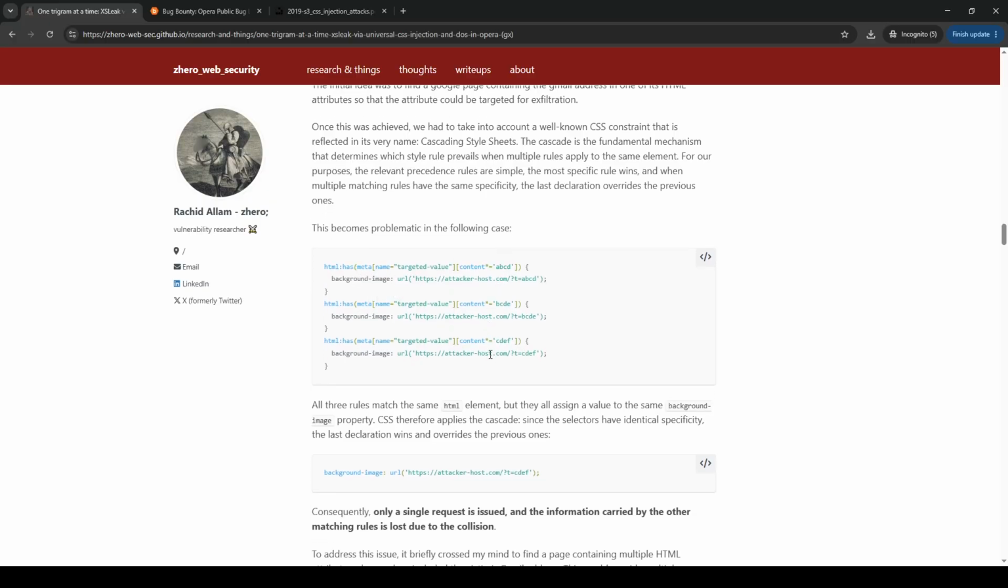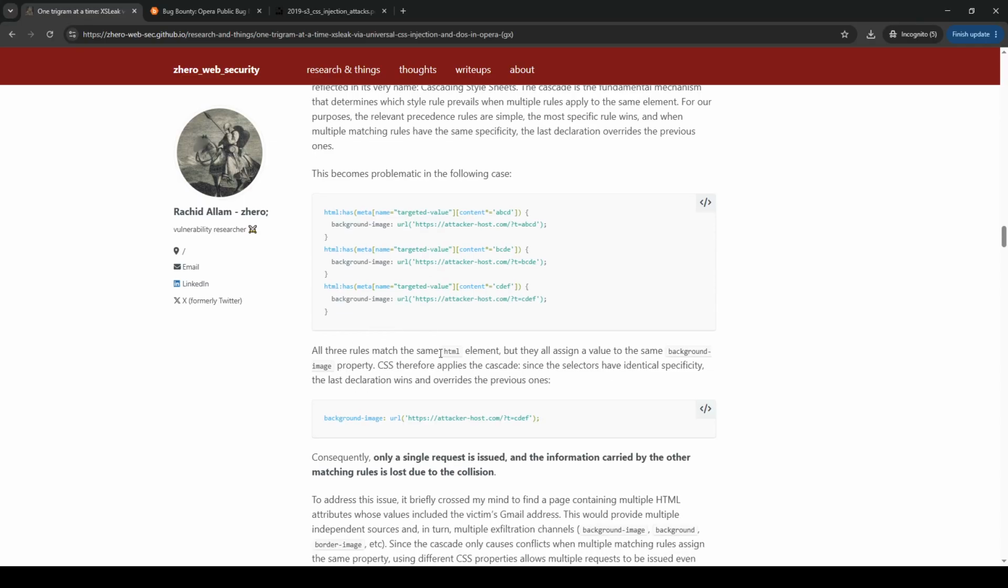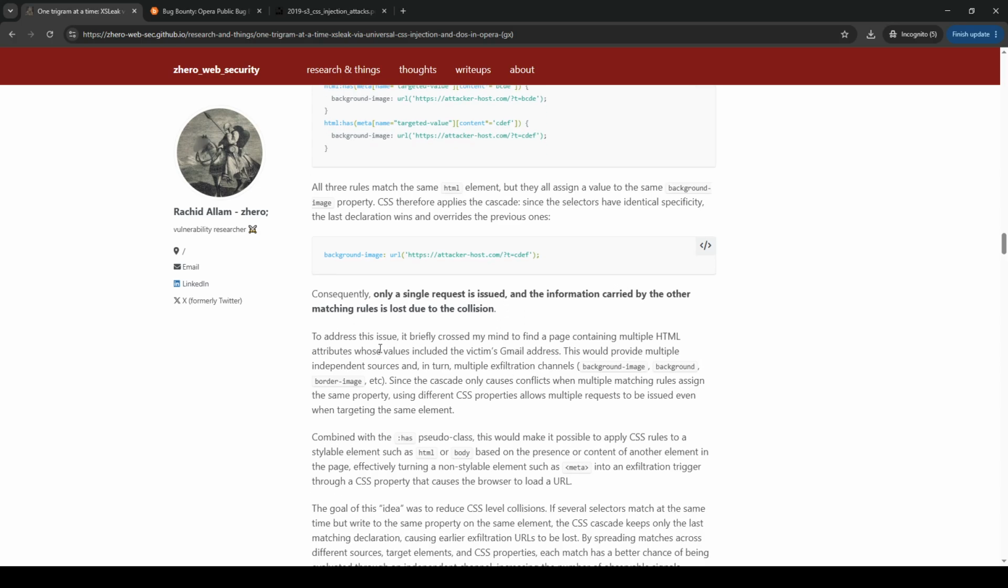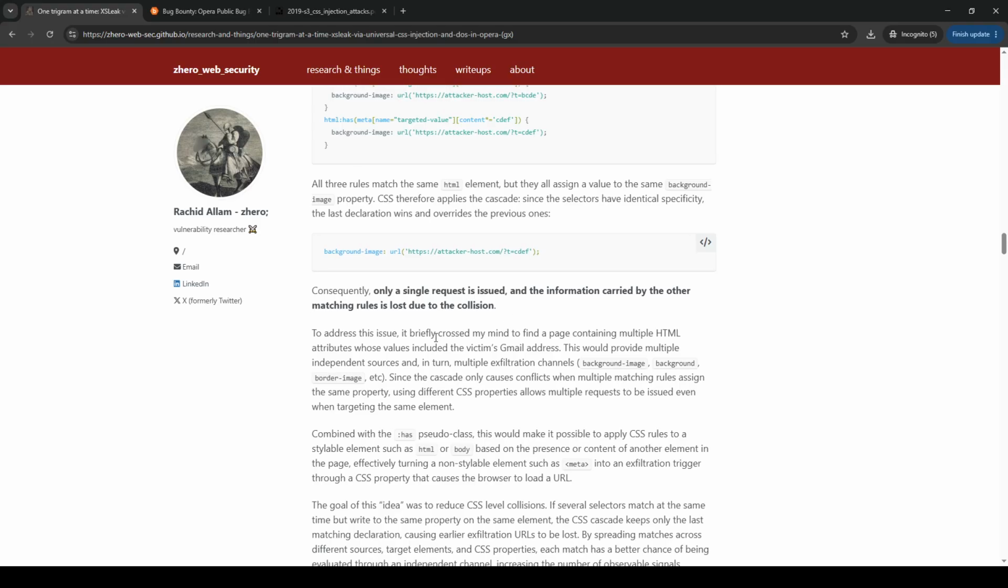So, yeah. All three rules match the same HTML element, but they all assign a value to the same background image property. CSS therefore applies the cascade. Since the selectors have identical specificity, the last declaration wins and overrides the previous ones. Consequently, only a single request is issued, and the information carried by the other matching rules is lost due to collision. Yeah. To address this issue, it briefly crossed my mind to find a page containing multiple HTML attributes